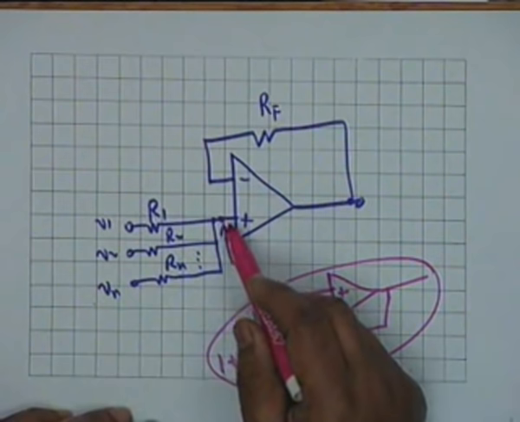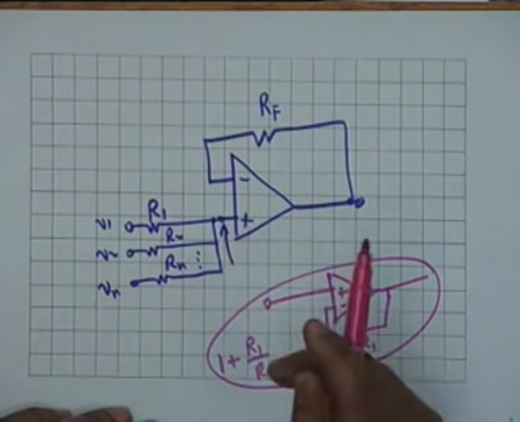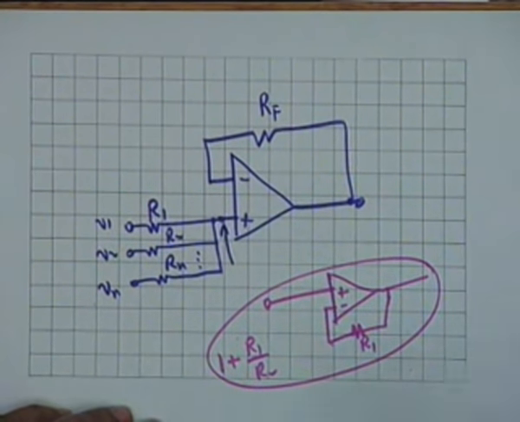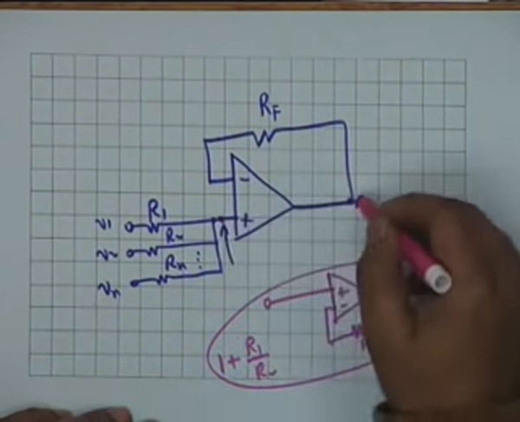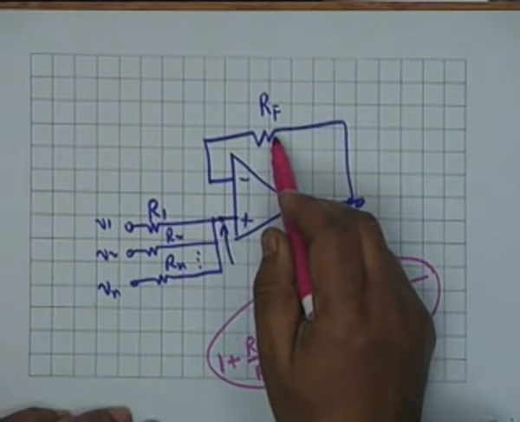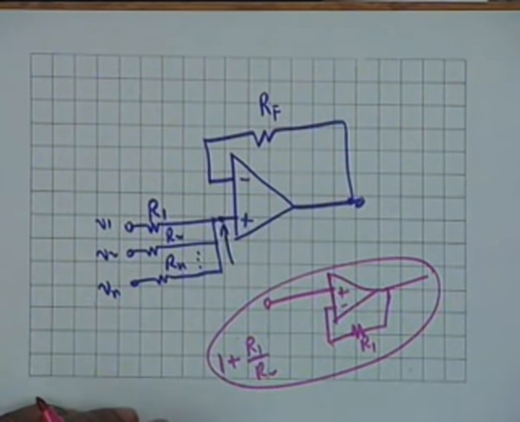The addition is done right here, and the gain from here to here is +1. If it is +1, do I require the Rf? No, I don't require it. So I can as well short circuit this. Or if you want a gain,